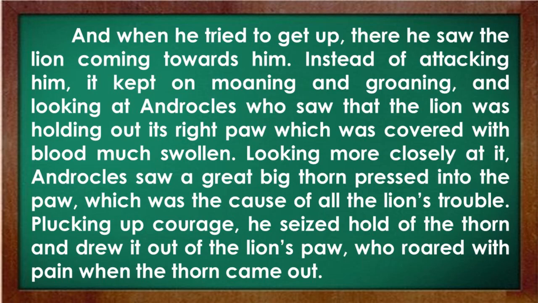And when he tried to get up, there he saw the lion coming towards him. Instead of attacking him, it kept on moaning and groaning and looking at Androcles, who saw that the lion was holding out its right paw, which was covered with blood, much swollen. Looking more closely at it, Androcles saw a great big thorn pressed into the paw, which was the cause of